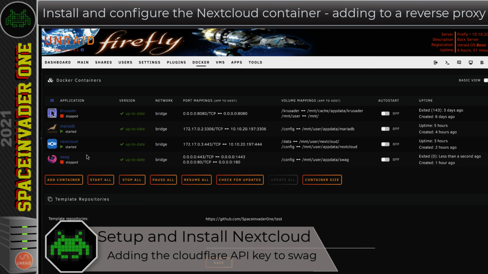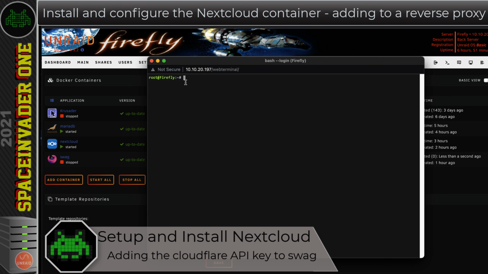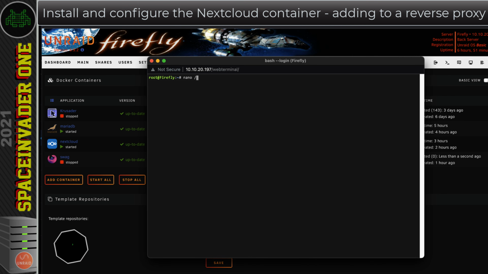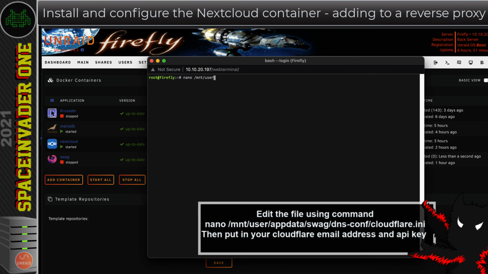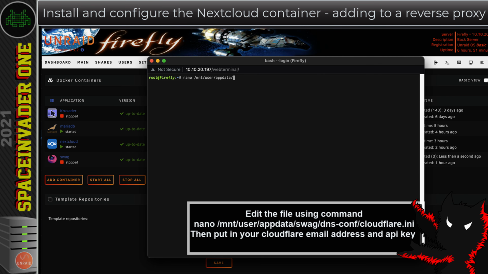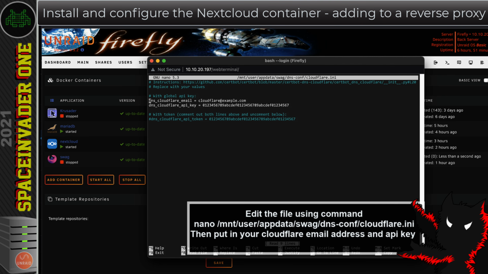Now I'm going to do that in terminal. So I'm going to open the terminal window here. And what I type in is going to be in the description. I'm going to type nano /appdata/user/DNS-conf/cloudflare.ini. Okay, so this is where we put in, first where it says Cloudflare email equals here, this is where I'm going to put in the email address that I use to log into Cloudflare with. So I'm going to put in the email address here, and next here, I'm going to put in the API